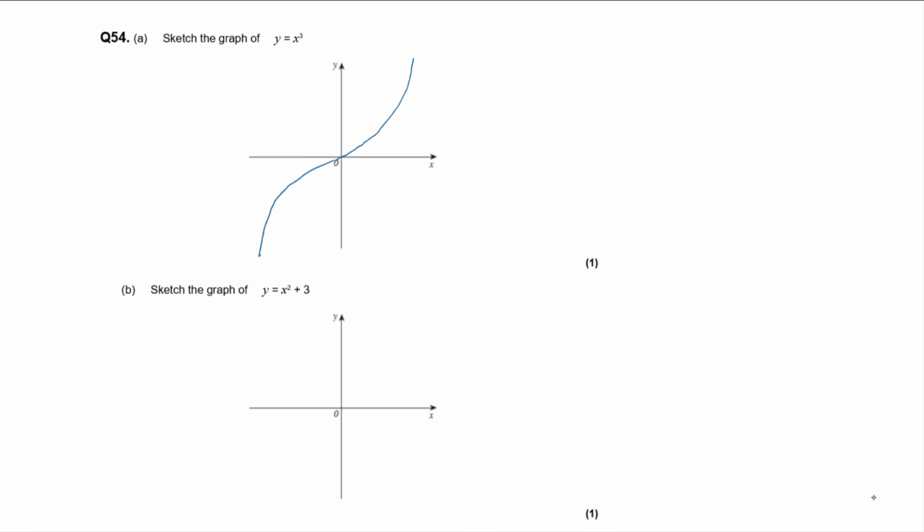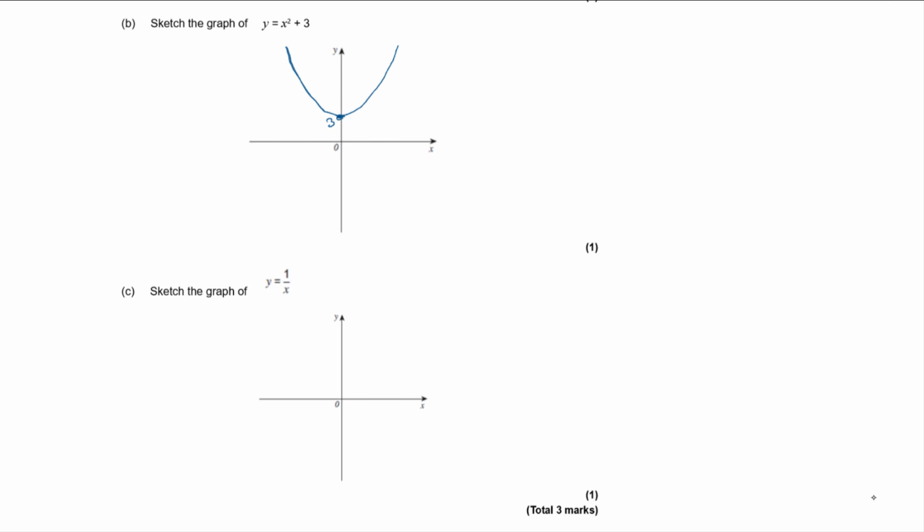So, y equals x squared plus 3. x squared would be a parabola through the origin like that, but we're going 3 units up, so we're going to get a parabola that's been shifted 3 units upwards. Something like that. I'm just going to mark 3 there where it goes through the